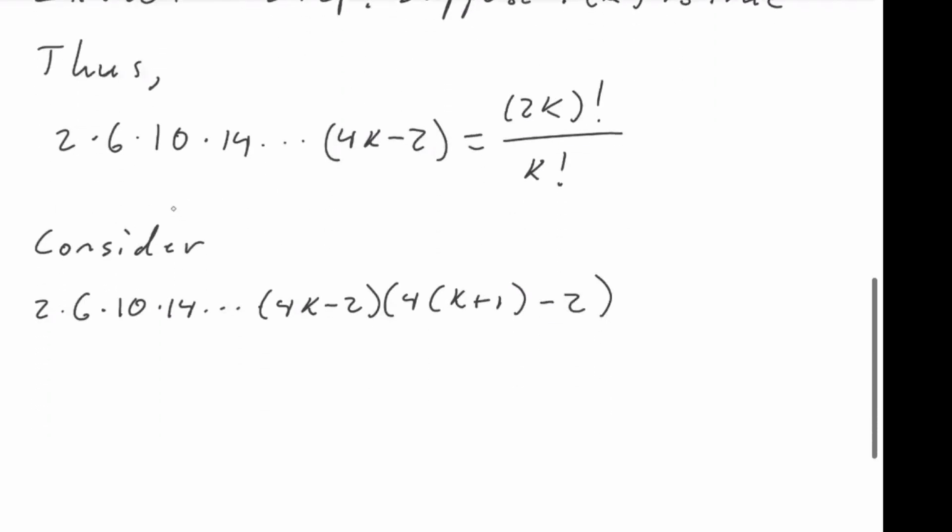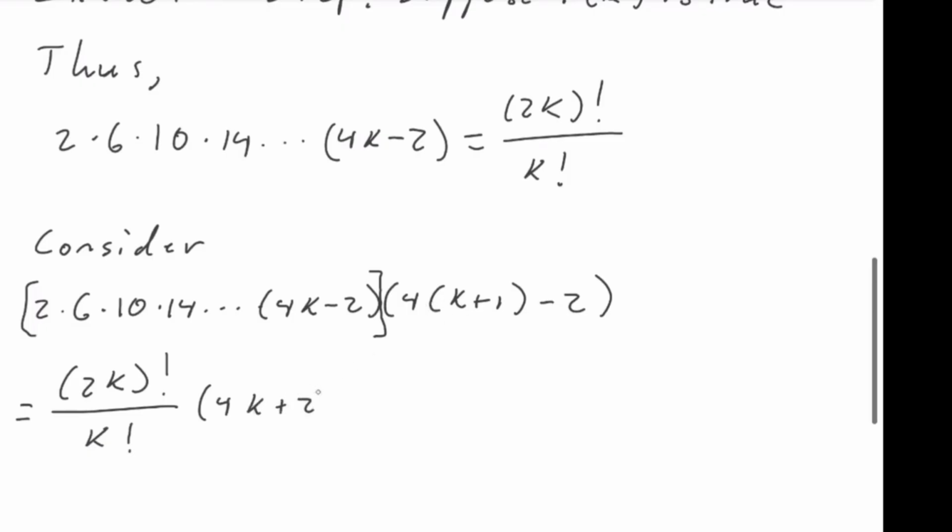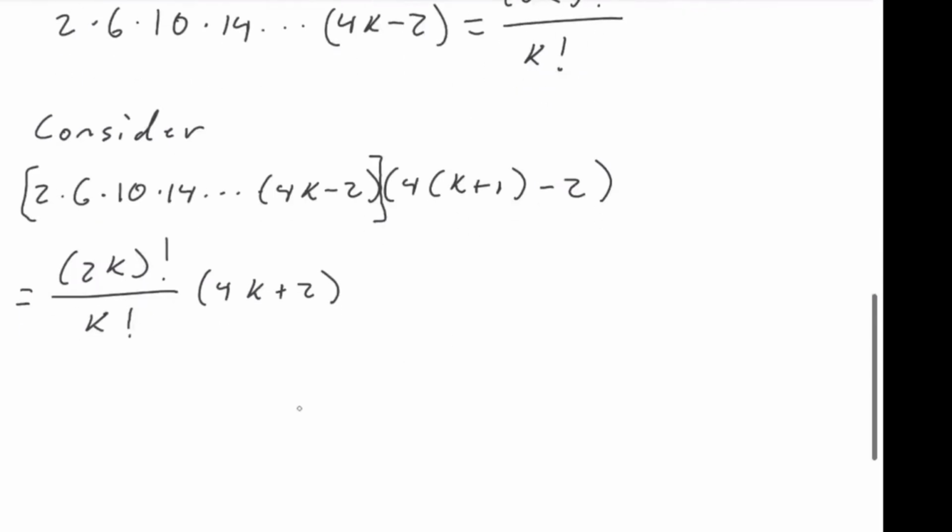And remember, from our induction hypothesis, this product here is equal to 2k factorial over k factorial, and then times the 4k plus 2, right? Because 4k plus 4 minus 2 is that. Okay, so this is equal to 2k